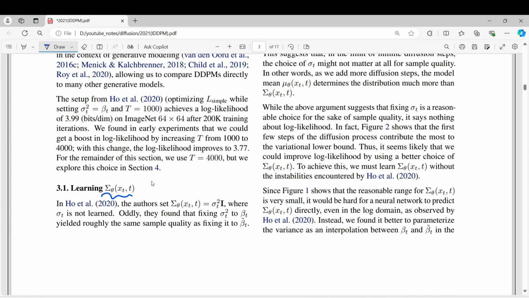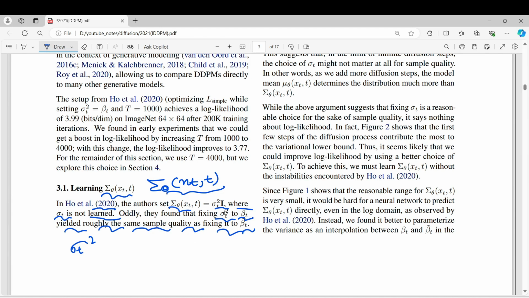So learning this value, this sigma theta, they are going to learn this value sigma theta. So let's focus on that. In the original 2022 paper, the author wrote this quantity as this, where this quantity is not ln. This is the variance, if you square it, and it's not ln. Oddly, they found that fixing this quantity equal to this yielded roughly the same quality as fixing